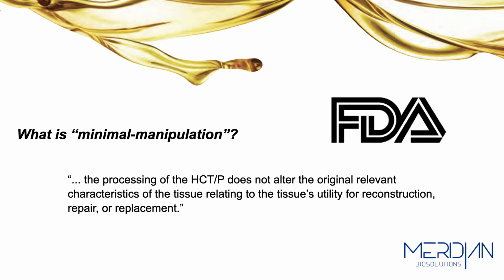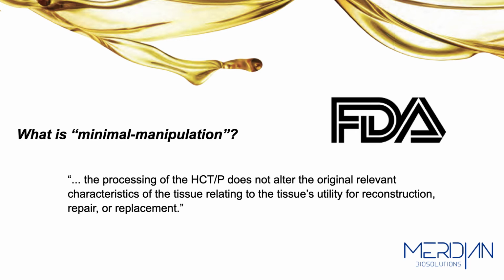And again, this is coming directly from the FDA guideline that I'll post in the link below the video. The processing of the HCT/P does not alter the original relevant characteristics of the tissue relating to that tissue's utility for reconstruction, repair, or replacement. So basically what this is saying is pretty self-evident. I think that's worded fairly clearly. You cannot harvest a structural tissue, let's say it's a ligament or a tendon, right? You cannot